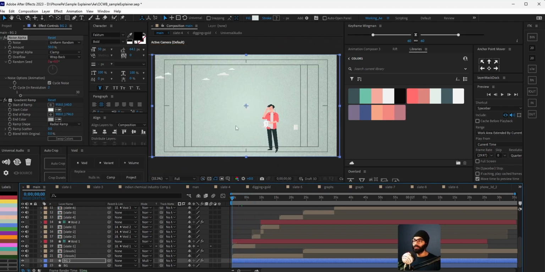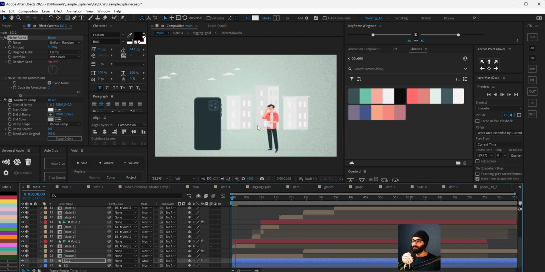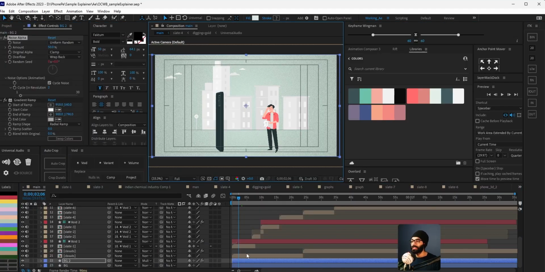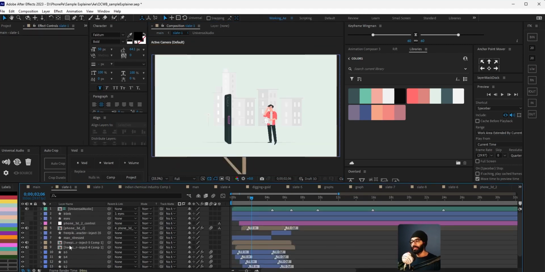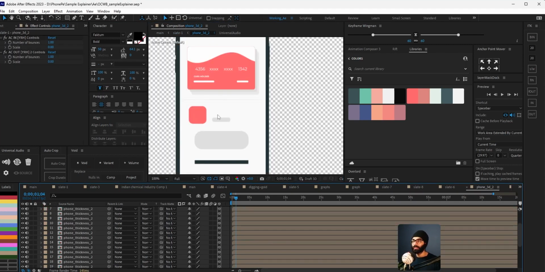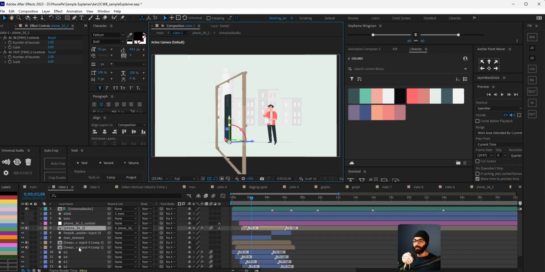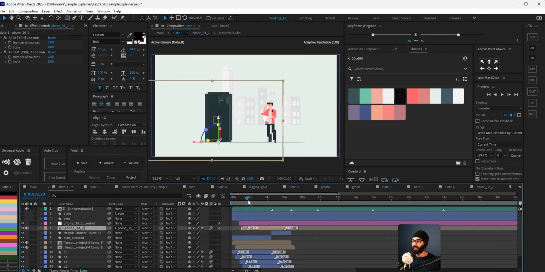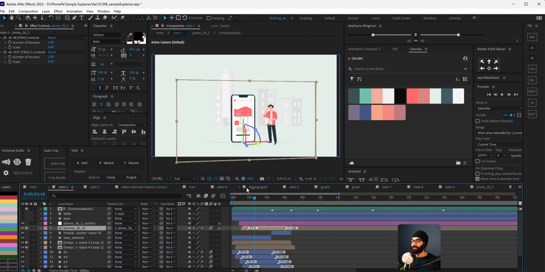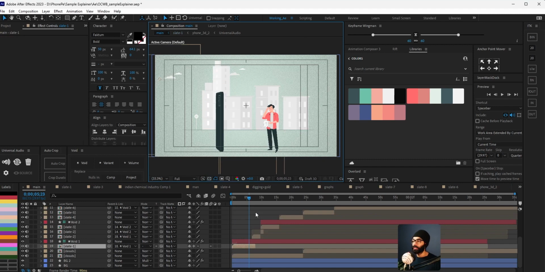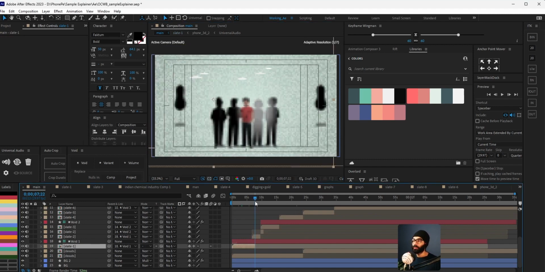Okay, one more thing, I've used the 3D phone. So again, this 3D phone uses the same methodology of taking the layer and duplicating it multiple times. So phone 3D here, and then you have phone thickness, the same composition duplicated. I want to make a script for that particularly, because it's not feasible to make it from scratch every single time. There should be a script where you click a few buttons and boom. I'll come to the automation part towards the end of it. This is something very important that I want to document as far as the automation for these style of videos is concerned. But the other important thing was light, yes.